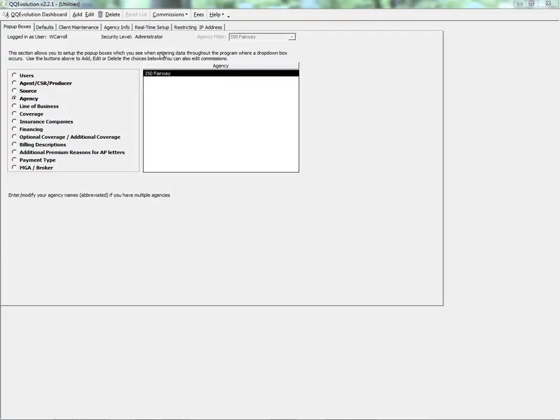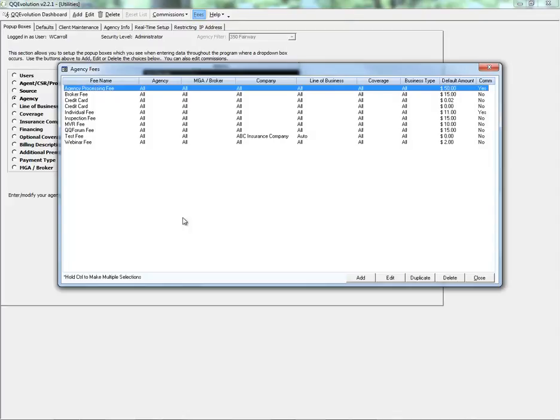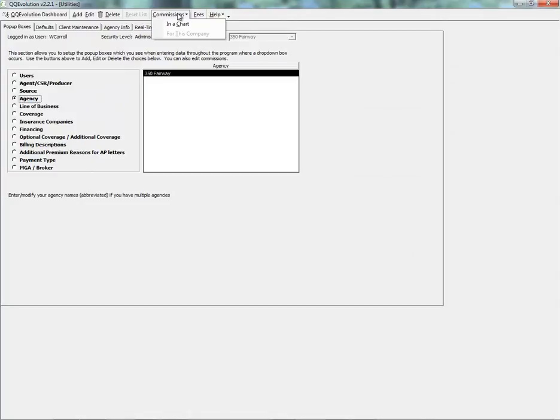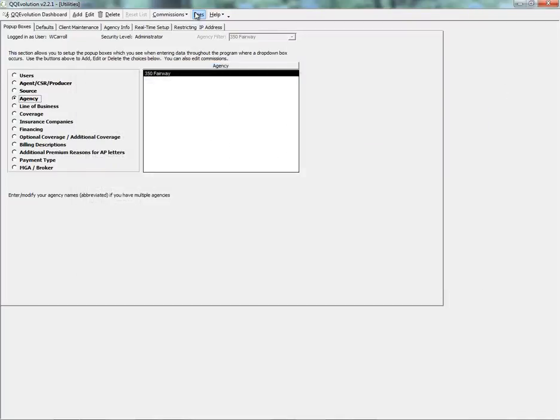You also have the option in the toolbar at the top for commissions and fees. If we click on the fees button, this is where we would set up our agency fees. And I can add, edit, or remove fees from this section. The commissions is where we can set up different commission rule configurations that we might need to apply to different companies or policies. Again, we will cover the commission setup and the fee setup in more detail in a separate